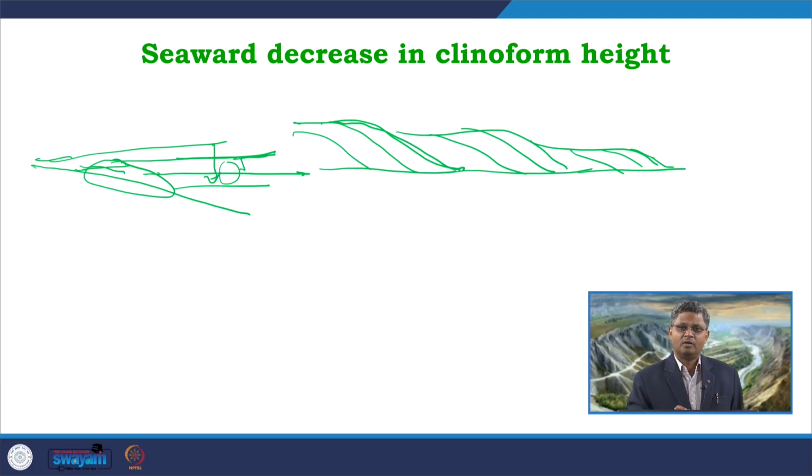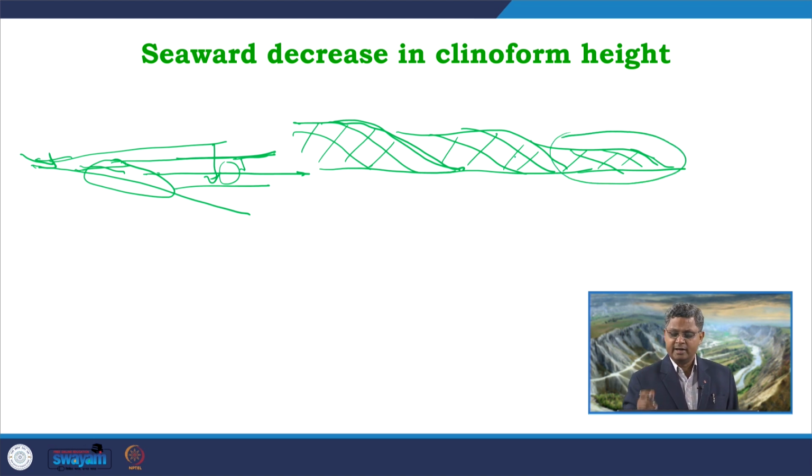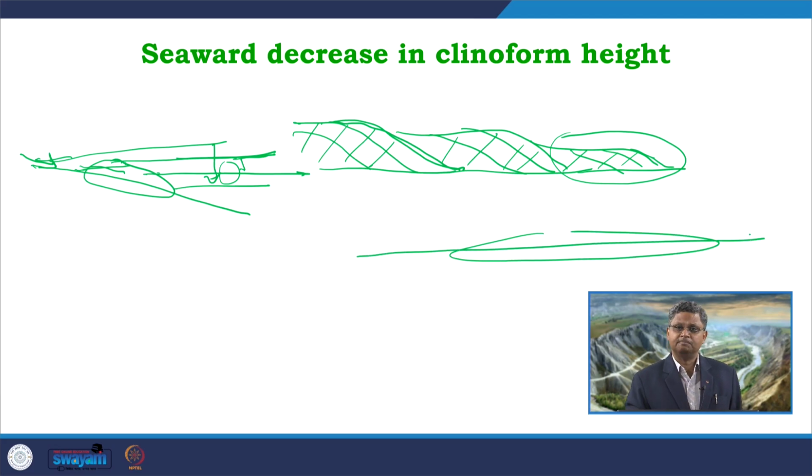characteristic. So, in such cases, as I told you, if I assume that at each phase the same amount of sediment is supplied, if I consider for this part the same amount of sediment, for this part the same amount of sediment, and for this part again the same amount of sediments are coming in. So, what will happen now? Definitely, to accommodate that same amount of sediment over here within a smaller height, this delta has to spread along the strike of the basin.